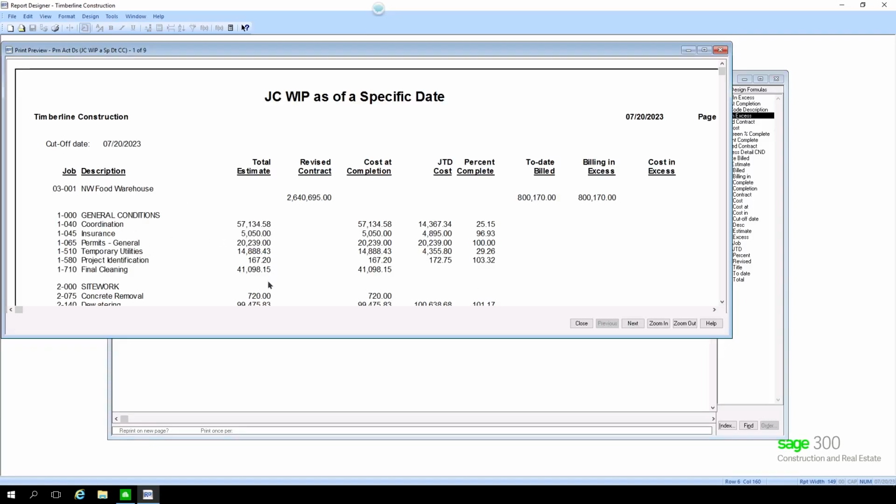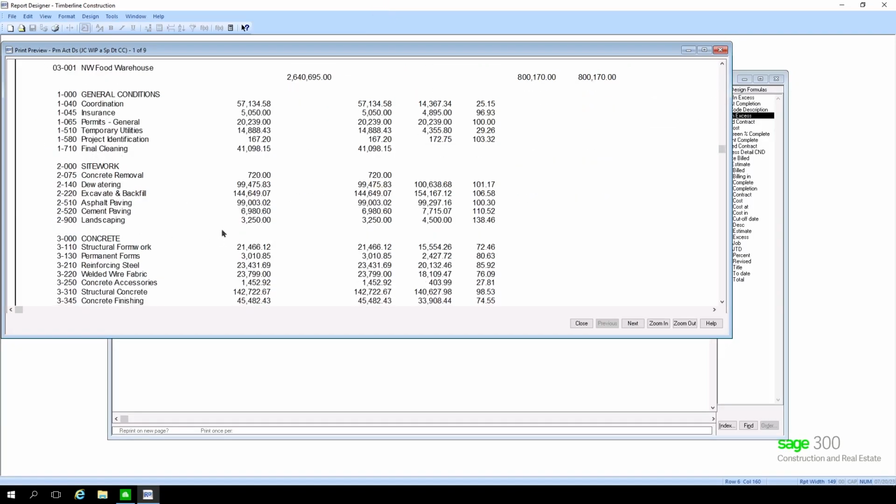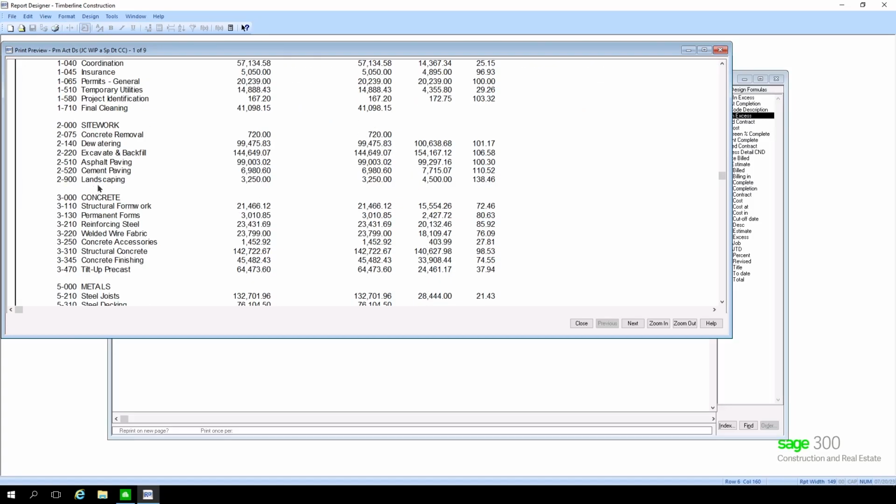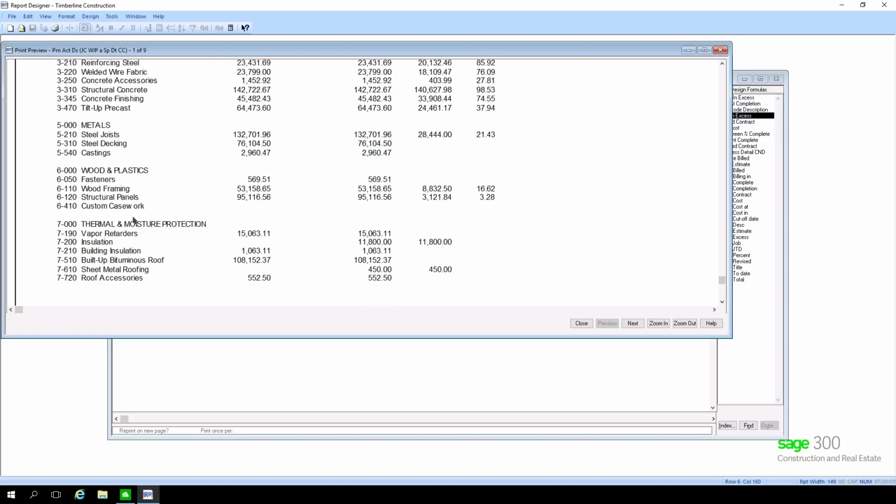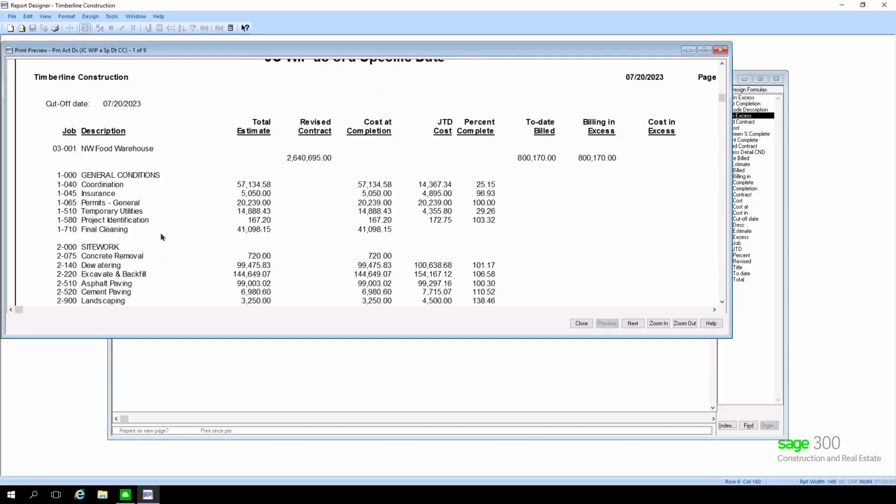Perfect. This is all set up a little bit better here. You can see it does come in and automatically add a blank line between our divisions. That's kind of nice. We do like that. And then we want to take a look at the way our revised contract and to-date build are both set